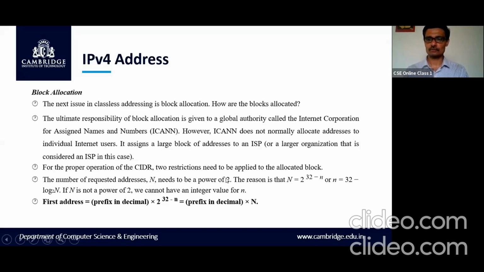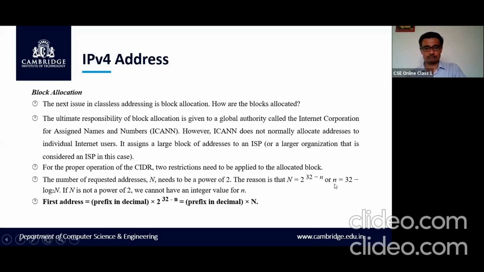Okay, it should be a power of 2. Otherwise, what happens is in the calculation you see here, if it is not a power of 2, we need to compute the n here. If n is the total number of addresses, 2 to the power of 32 minus 1, or how do you compute n? Depending on the number of addresses or address requirements, the ISP will decide the n value. What is n value?